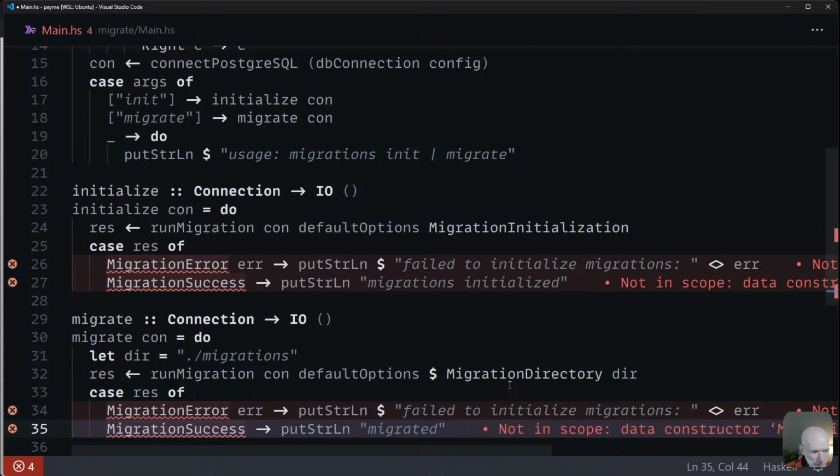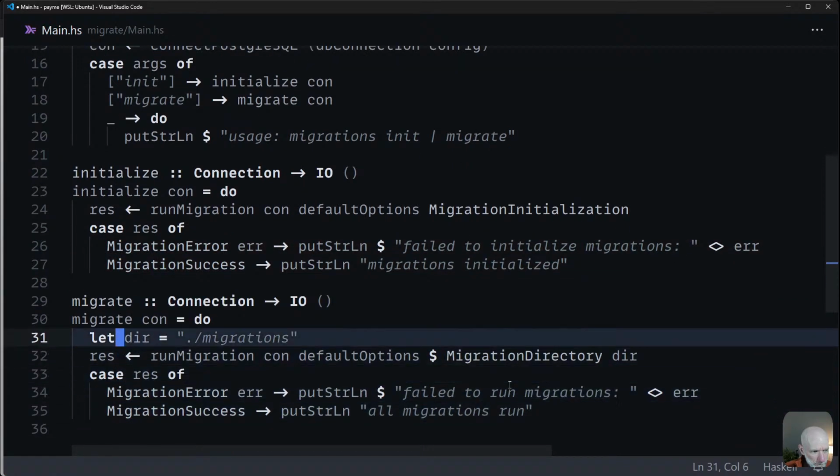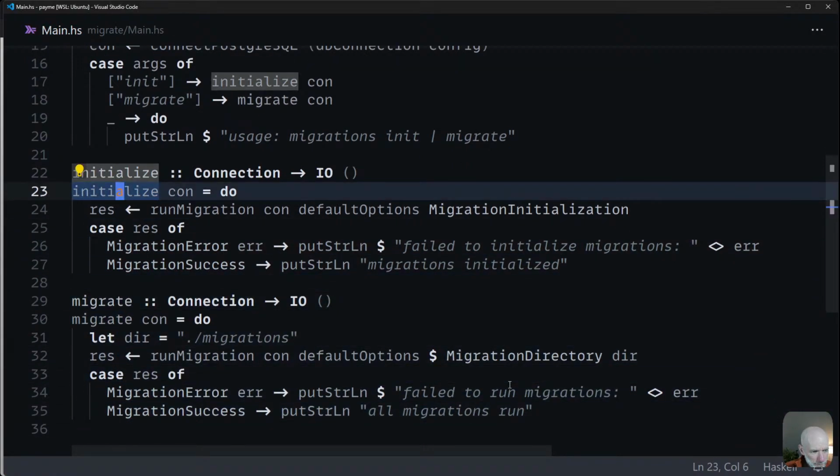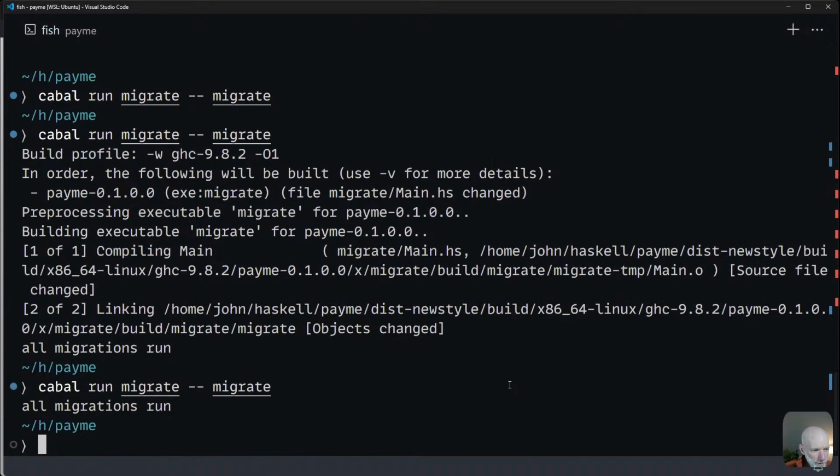And here it'll be failed to run migrations. And then you say all migrations run or something. Okay, probably should import these things. Okay. I mean, it's just saying all migrations run, which I guess is fine. If I delete everything in the database,